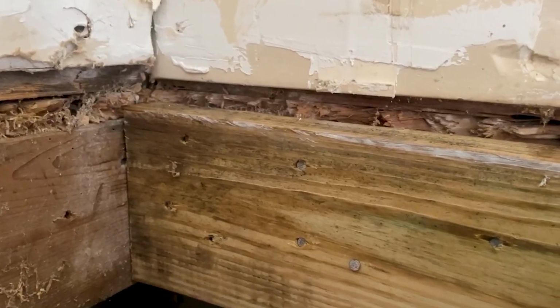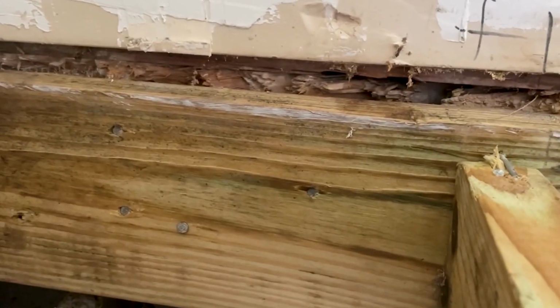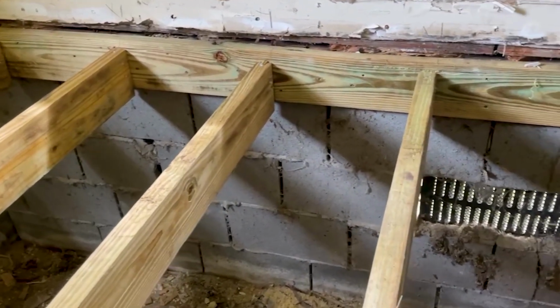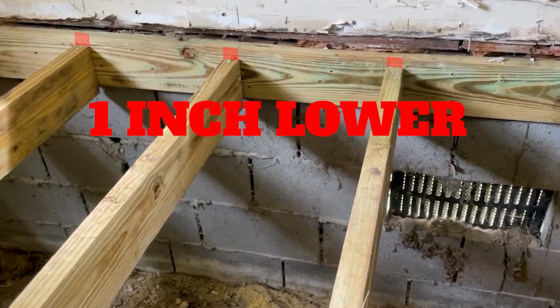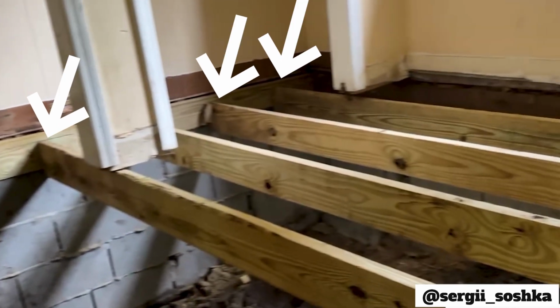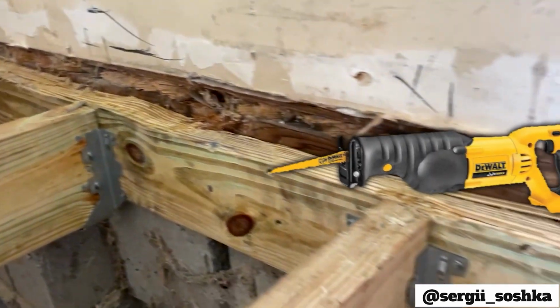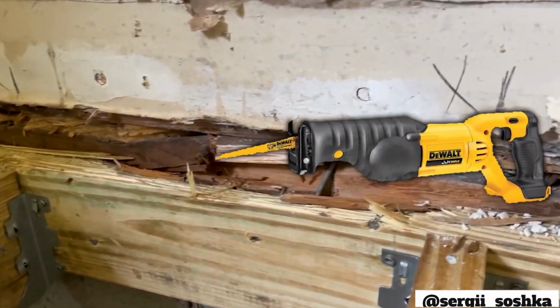Because my guys incorrectly installed the outer board of framing, not leveling it properly, they had to connect the joist about 1 inch lower than the top of the board. The other corner of the same section we were working on had the same issue, which is fixable. The top of the board was cut with the saw to be flush with level joist to allow plywood sheets